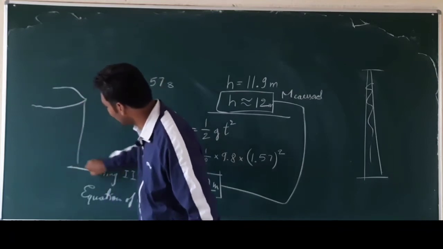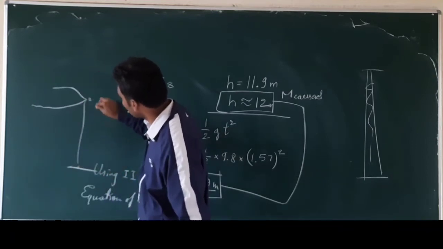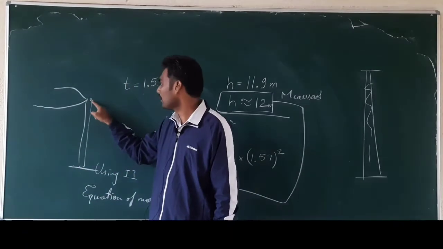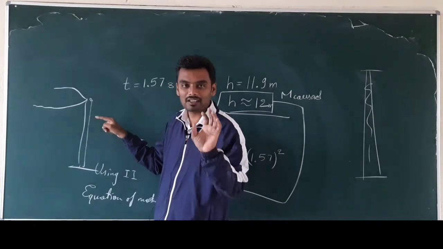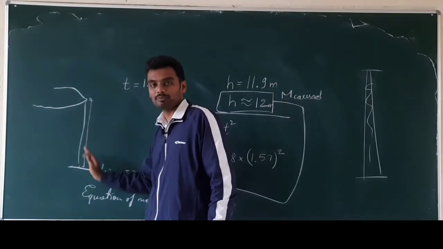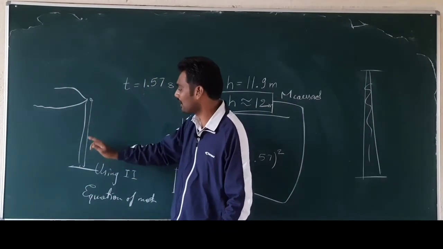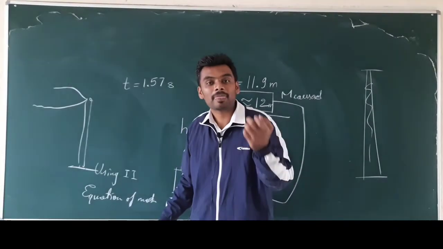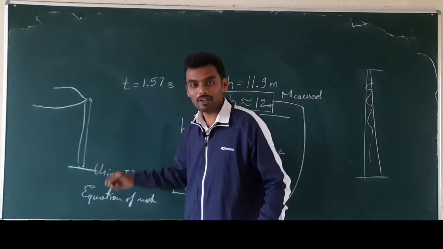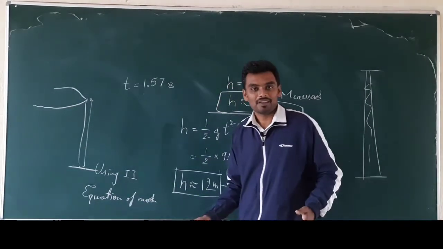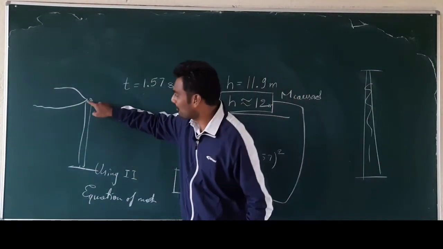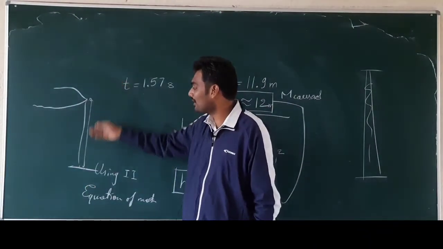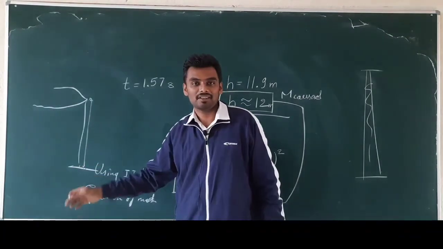So if you have a cliff like this, you take an object from here, you leave it, and measure the time taken by the stone or whatever you left here. Normally take a hard object so that the air doesn't push it up with large force. So that it comes and falls here. You just need to measure the time taken by the object to reach the ground, just as we did now. You don't need a measuring tape which is as lengthy as this height, right? And hence you can approximate it. Clear? Good. Thank you.